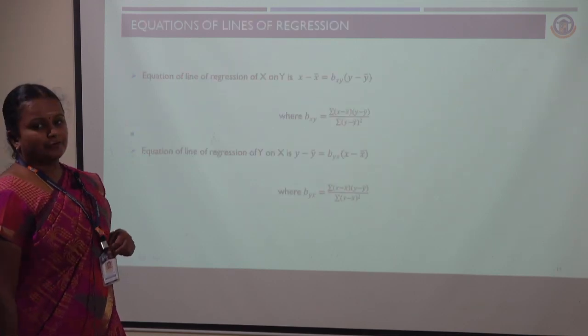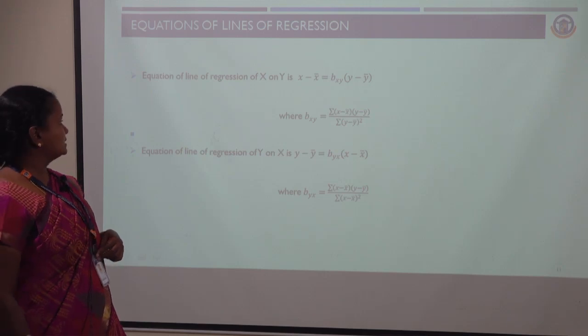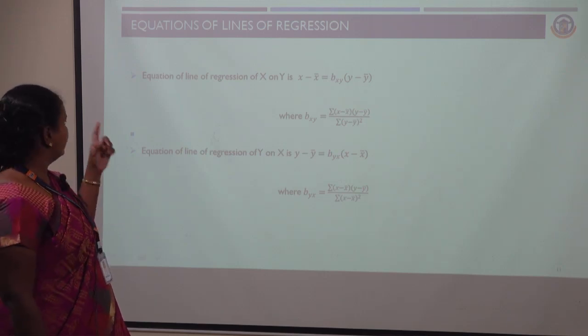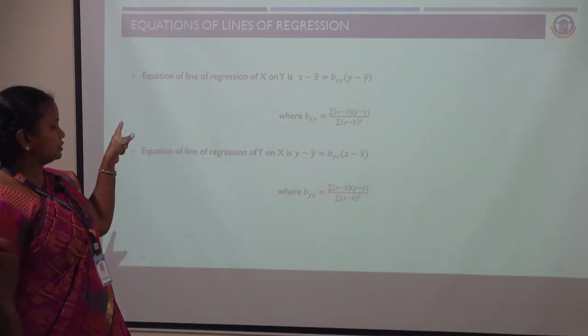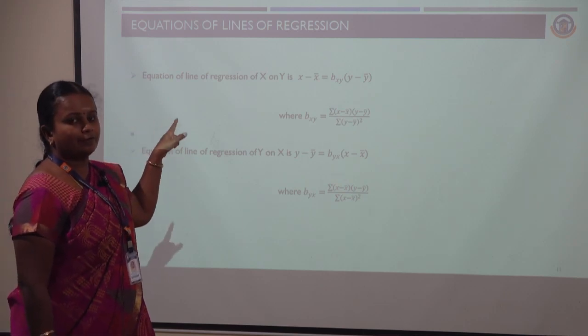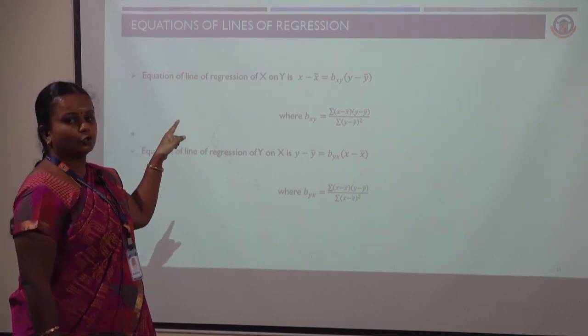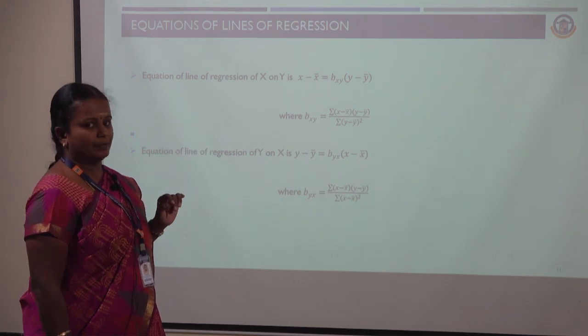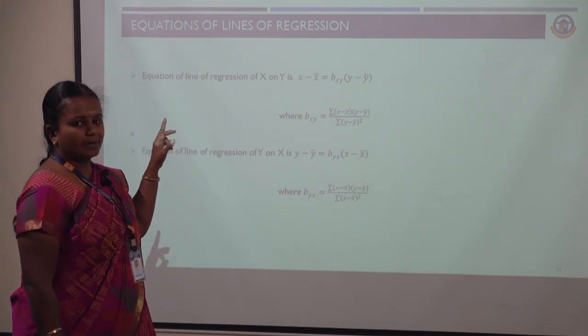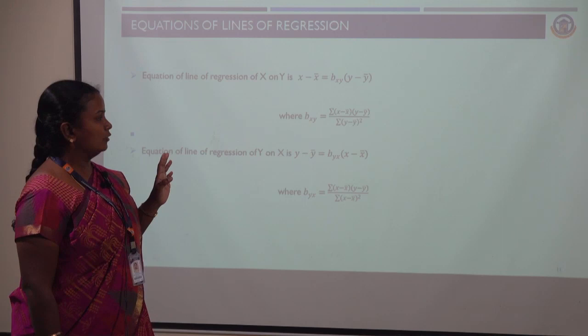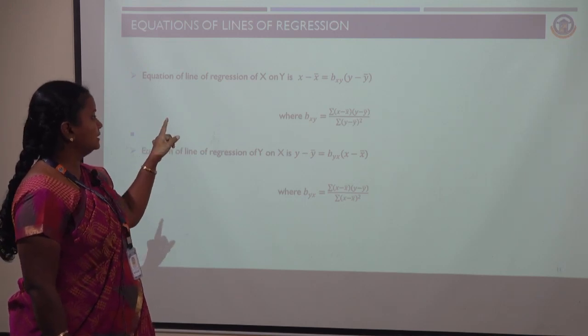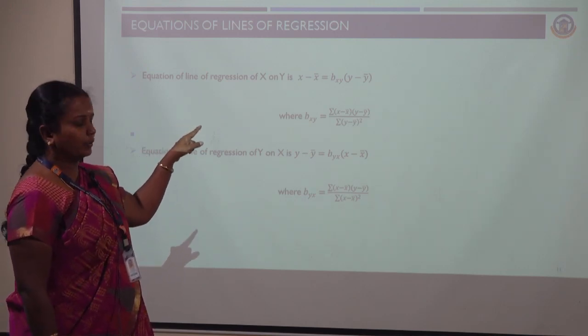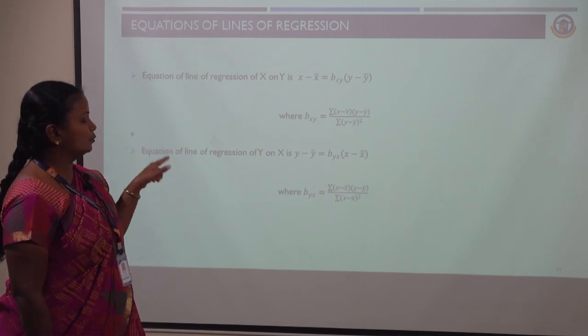There are two types of regression equations. One is x on y, the other one is y on x. The first is the equation of line of regression of x on y. In x on y, the formula is x minus x bar equals bxy into y minus y bar. X bar is the mean of x, y bar is the mean of y. Bxy formula is summation x minus x bar into y minus y bar divided by summation y minus y bar